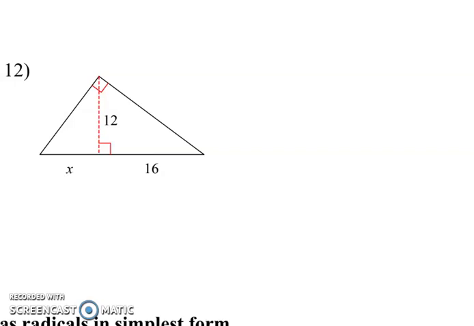In number 12, we're finding part of that side that's marked as x, and we're going to do so again by setting up two ratios that are proportionate to one another. And we could use lengths from three different triangles. The first triangle is just the largest triangle that you see there, but because of that altitude that cuts it